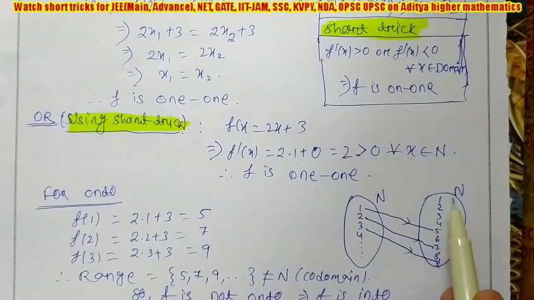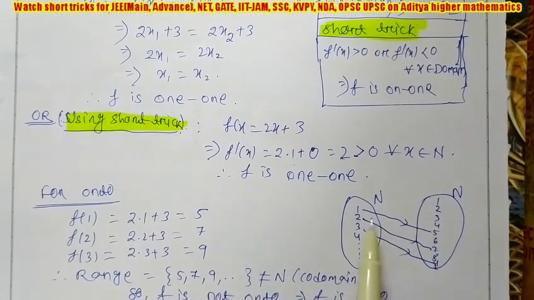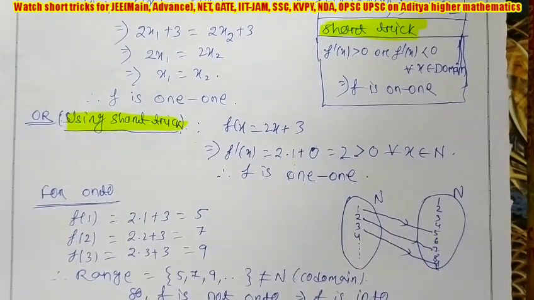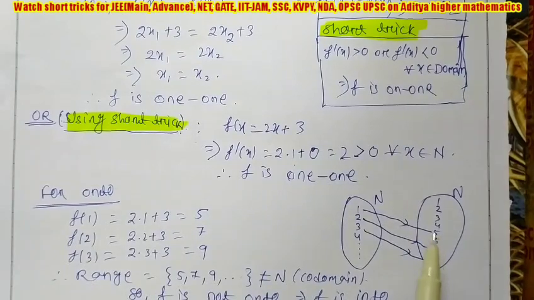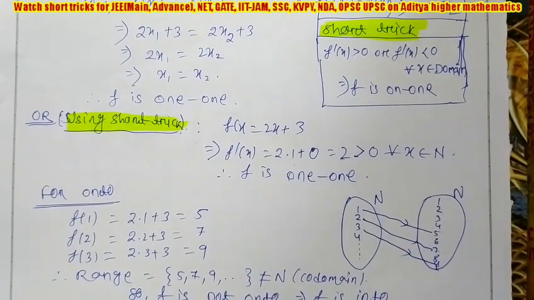That means the points in the codomain 1, 2, 3, 4, 6, 8 and so on have no pre-image in the domain, because the image of 1 is directly 5. The earlier elements 1, 2, 3, 4 have no pre-image. So since at least one element exists in the codomain which has no pre-image, the function is not onto. Now observe that this function is an odd degree polynomial, but it is not onto, and this is possible because the codomain given is not the real number set, it is the natural number set.